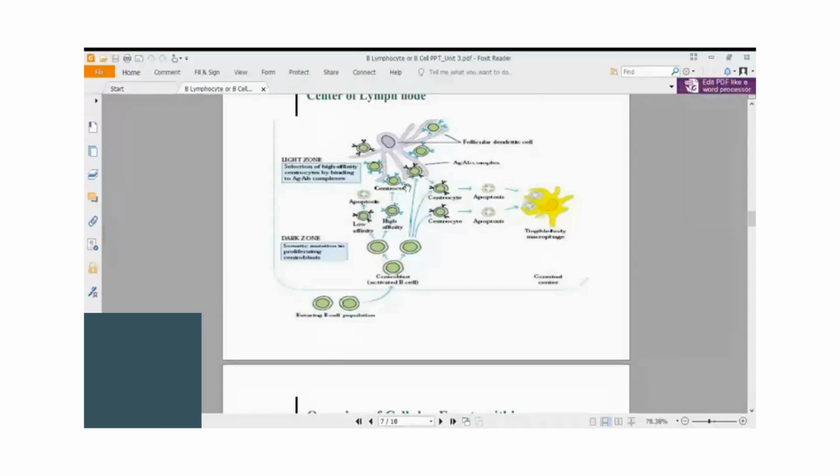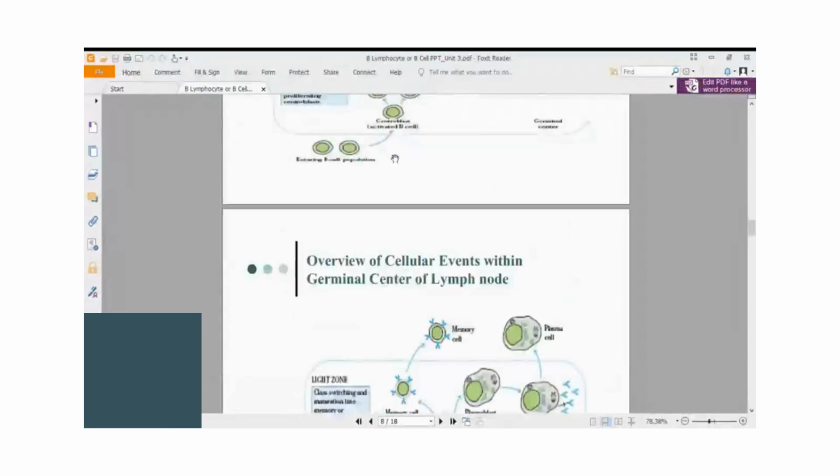It has come in contact with that foreign antigen presented by the follicular dendritic cell, or it has tackled that antigen